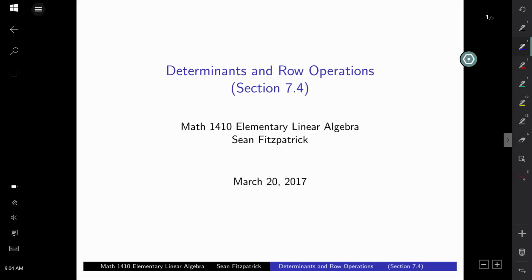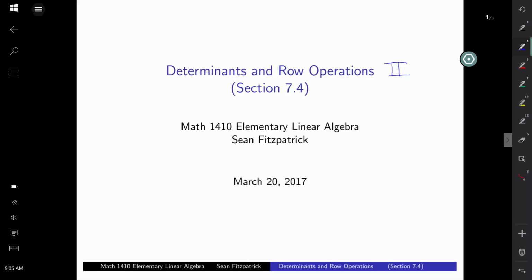Alright, so this is the next video with a few more examples. So this, I guess, should be part two of our determinants and row operations video. We just did an earlier video where we saw what the effect of row operations on the determinant is, and